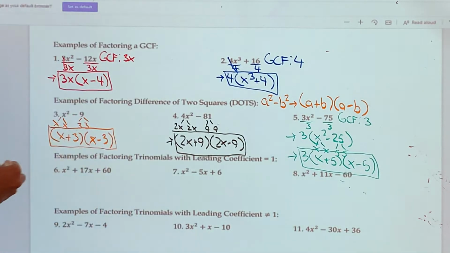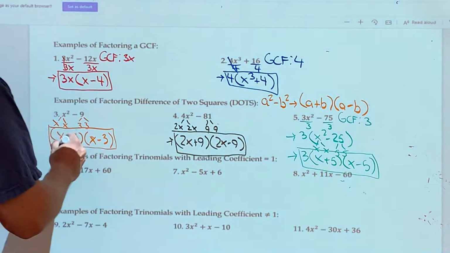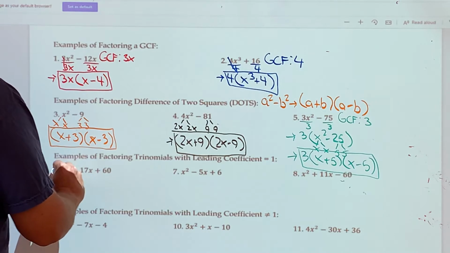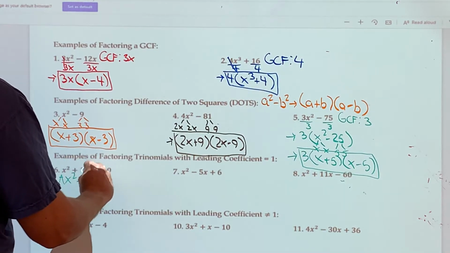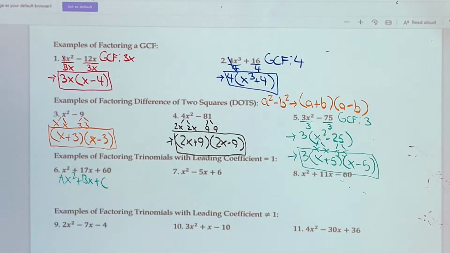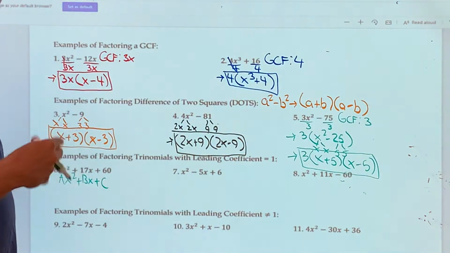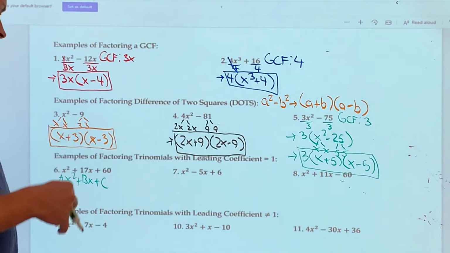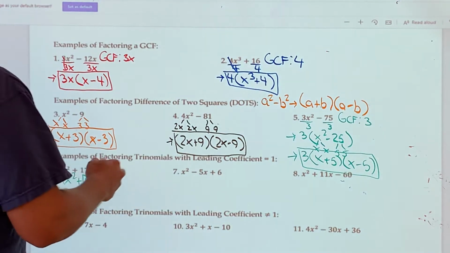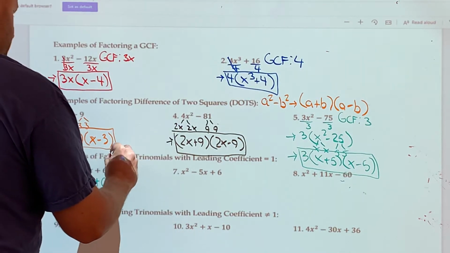Now, guys, star method, okay? Trinomials here. Trinomial star method, right? This is in the form of what we like to say ax squared plus bx plus c. That is the general form of a trinomial, where a, b, and c are coefficients, or in c's case, it's a constant. So when we do star method,